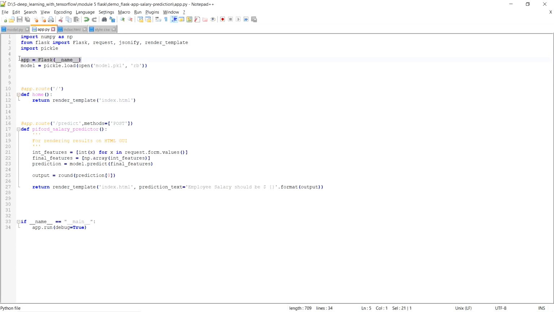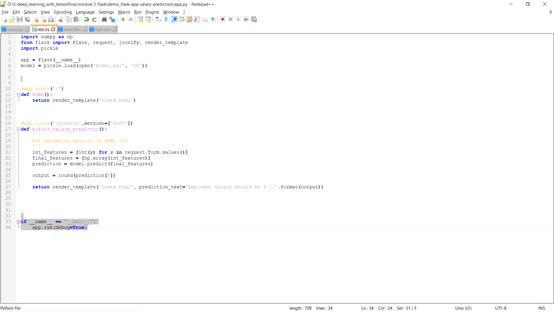This is the line by which we are creating a Flask application. App is a variable, and only this much you need to write to create a Flask application, right? So this is how we are creating a Flask application, and these two lines are how we run that Flask application.